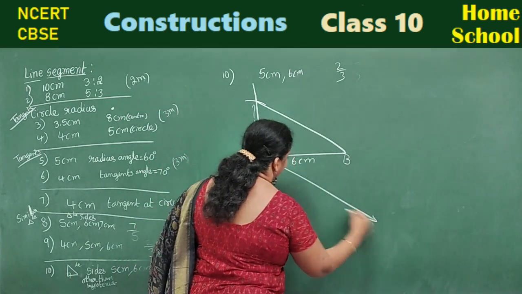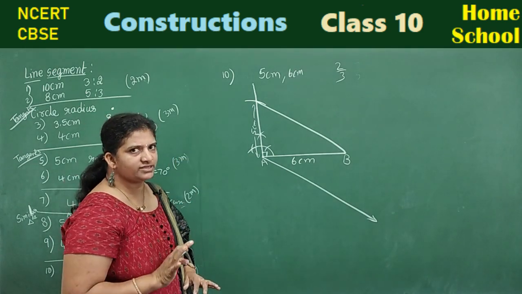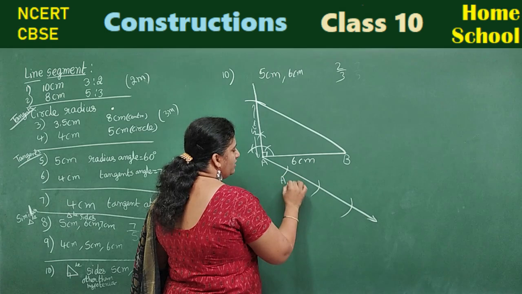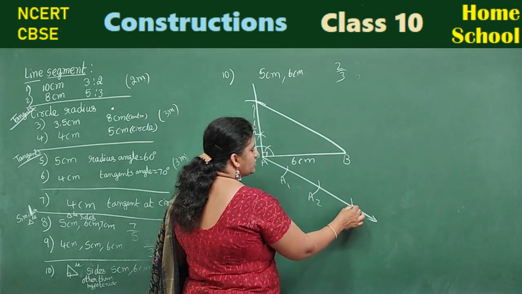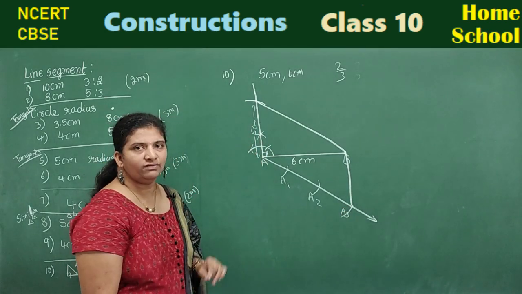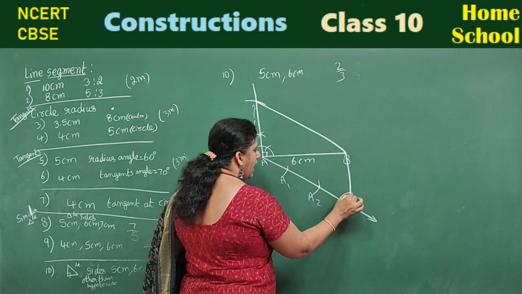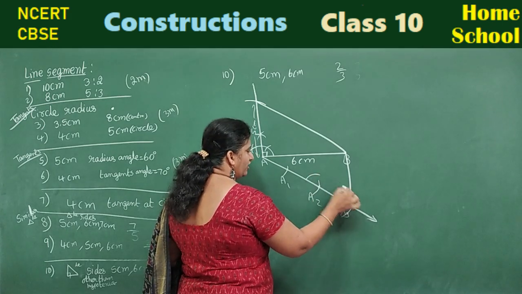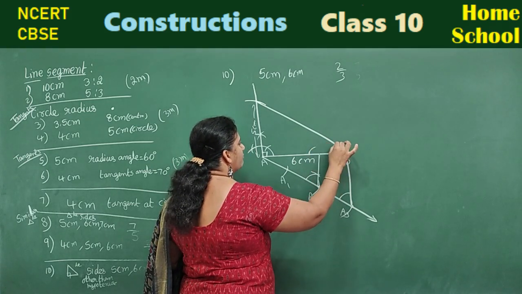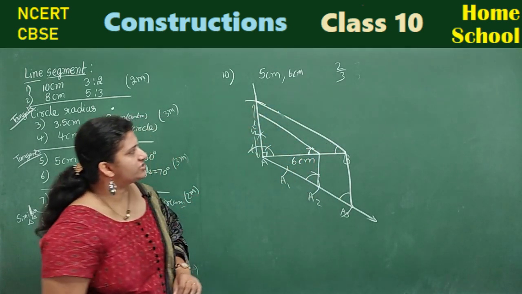From A, draw a ray which is acute. Observe the ratio, which is greater, numerator or denominator? Denominator is greater. So, 3 arcs: 1, 2, 3. A1, A2, A3. So, from A3, try to join this. And the numerator, what do you have? 2. So, from 2, same statement, do you remember? Arc, measure, cut, join. Same manner, arc, measure, cut, join. So, take the scale properly and try to join.